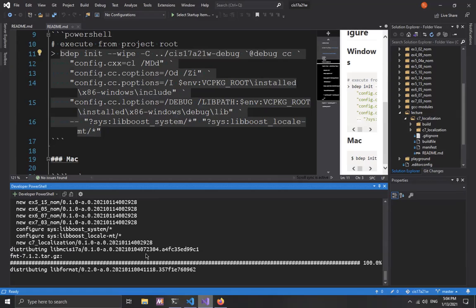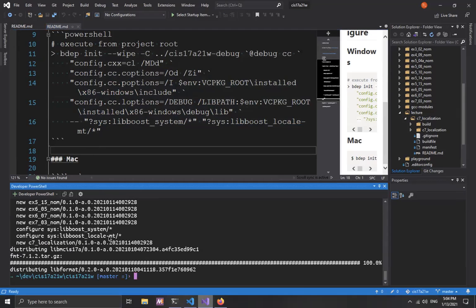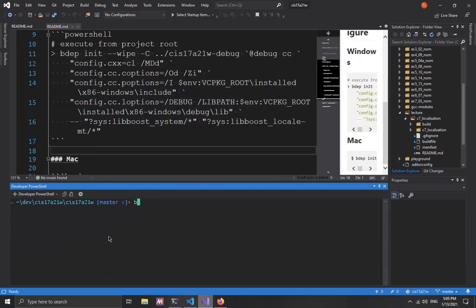I wish there's a less painful process, but this is what we'll have to do now. I've tried to make it as simple for you. So now we have this initialized. Okay, configuration is done, and now we just build. You can build all the programs like you used to do before, and this time we want to build this